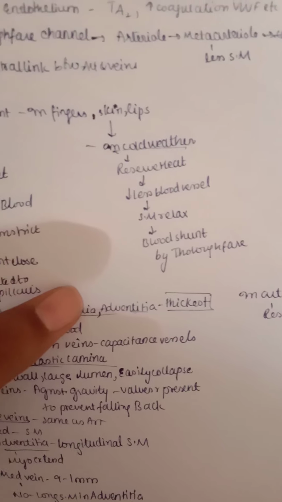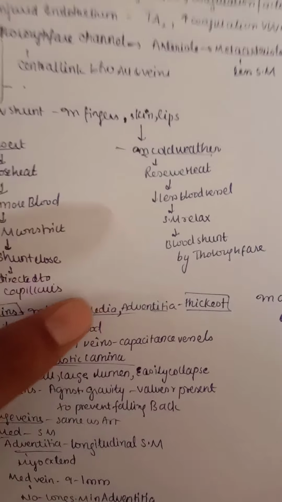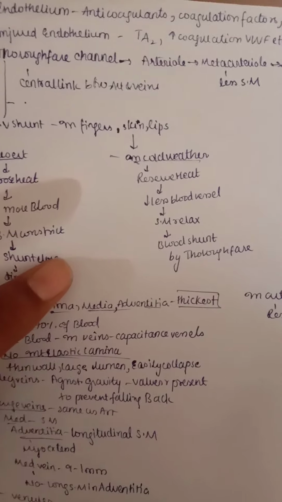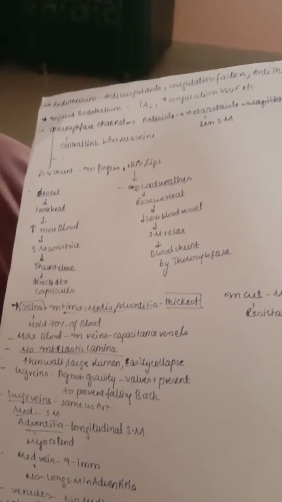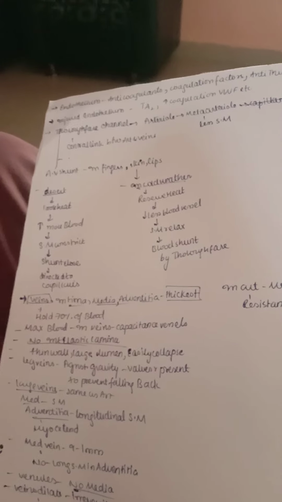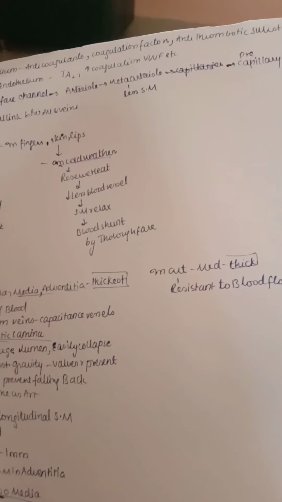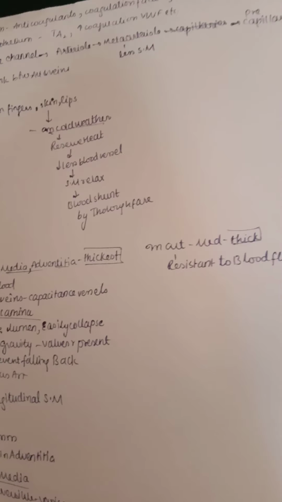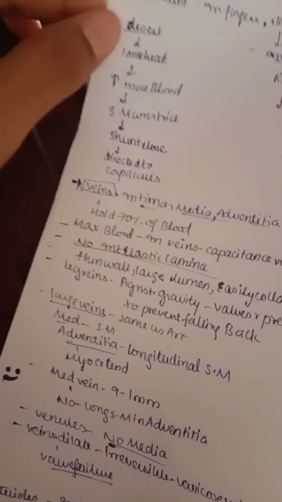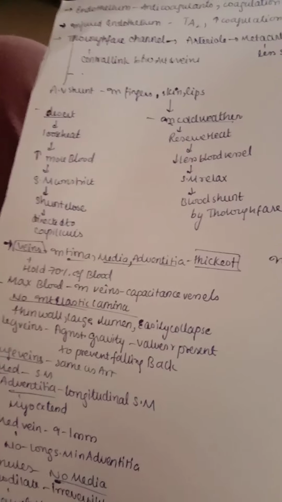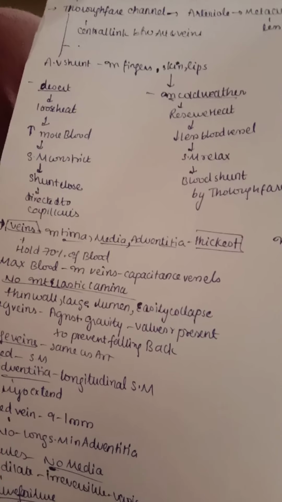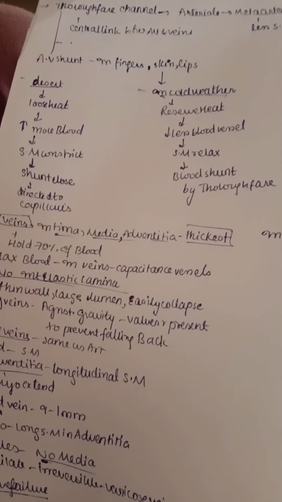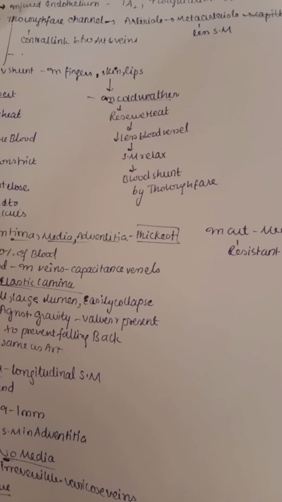Now let us see a special type of channel known as thoroughfare channel. It is a central link between the arteries and veins. So we know capillaries. Capillaries are peripherally linking one artery to the vein, that is forming a channel. But this is a central channel, that is the direct link between the artery and vein. This is known as the thoroughfare channel, where the arteriole divides into meta-arteriole with less smooth muscles, and next the meta-arteriole into precapillary sphincter, and into capillaries, into venules, into small veins, into large veins. So this thoroughfare channel can also be said as AV shunt, that is arteriovenous shunt. That is more common in finger, skin, lip.